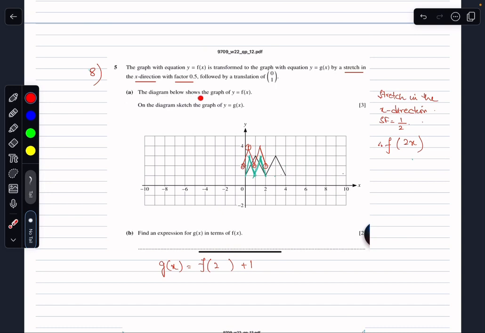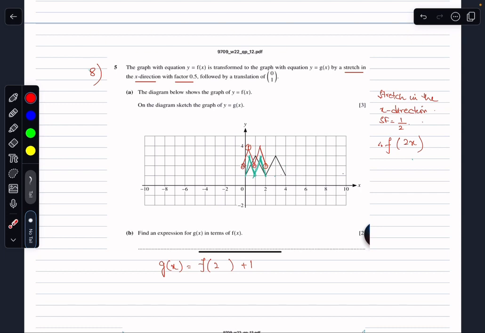So the diagram shows the graph of y equals f(x). The graph in black is the graph of y equals f(x). So on the diagram, sketch the graph of y equals g(x). For sketching the graph, what we know is that there is a stretch in the x direction by the scale factor which is 1 by 2. Meaning all the x coordinates,